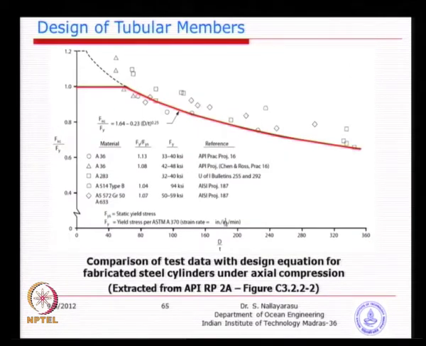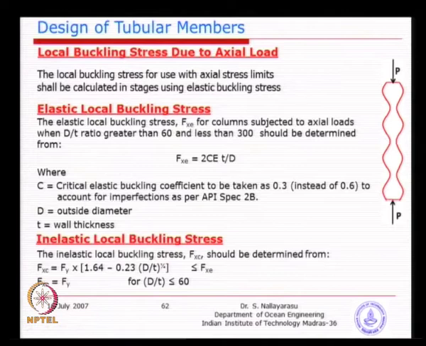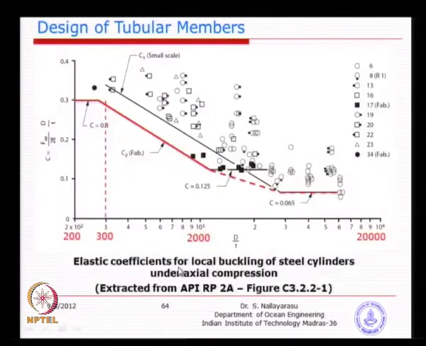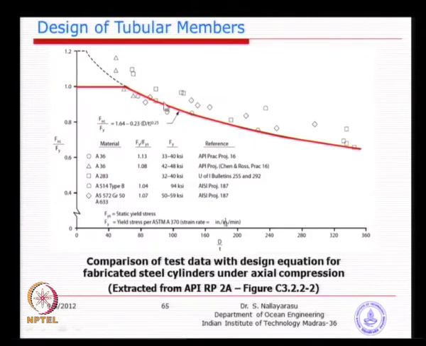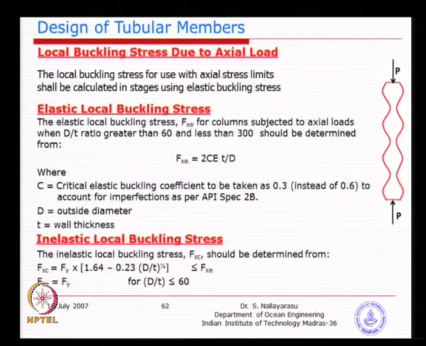Similarly, this is basically the variation of Fxc, which we saw in the equation. The equation is 1.64 minus some empirical formula. So, basically a chart. How did they come up with this equation? This equation is arrived at based on experiments conducted by so many people, and finally they drew one line. This could be a potential trend. So, I just write down the formula: 1.64 minus 0.23 times d by t.